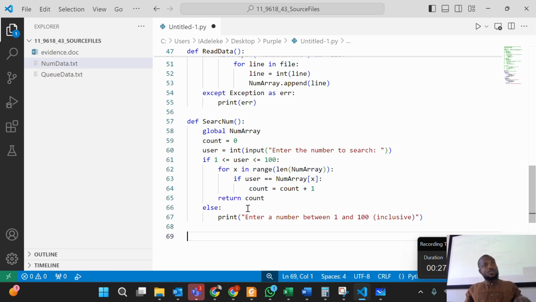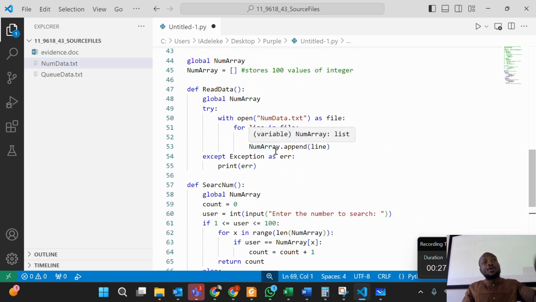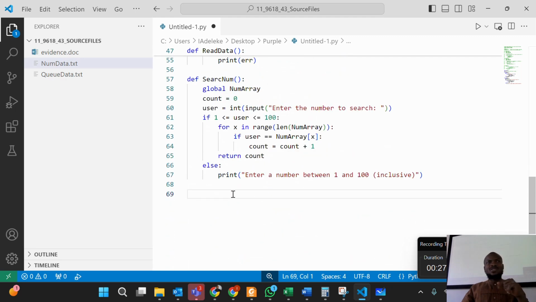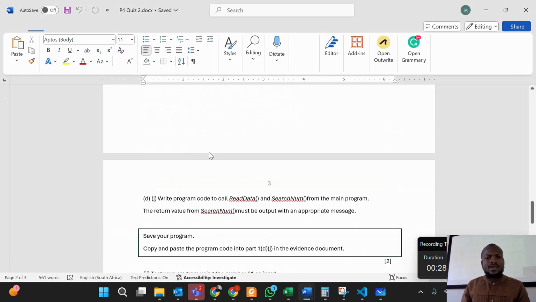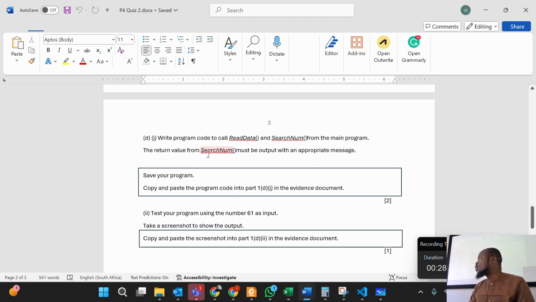After you call the function in the main loop, it will retain the old value. It won't have the new value from the function. Then you have issues. Do you understand? So it is always good to redeclare it in each function, because if you don't, it becomes a local variable in that function. But for other programming languages, I don't think it is the same. Okay, good. Now, the next one says write program code to call